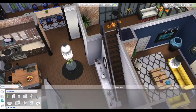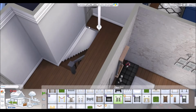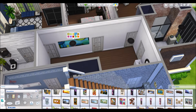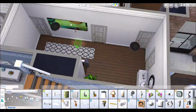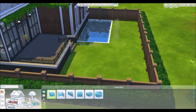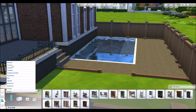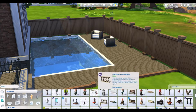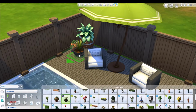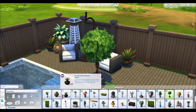I think we've not got much left actually now. I think it's just this hallway and then the outside. I can't even remember what I did on the outside. I only built this the other day, you know. And I don't remember what I did. What did I do? You know what? I think there's a pool. No, there is a pool. There we go. I did build a pool. A little patio area. I left it quite bare. There are items obviously outside, but it's not overly landscaped or decorated or anything. I mean, it looks nice, but it's not too much because